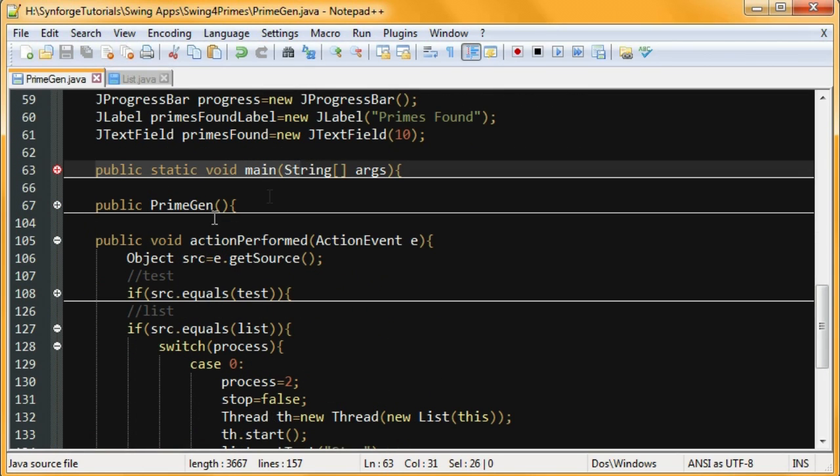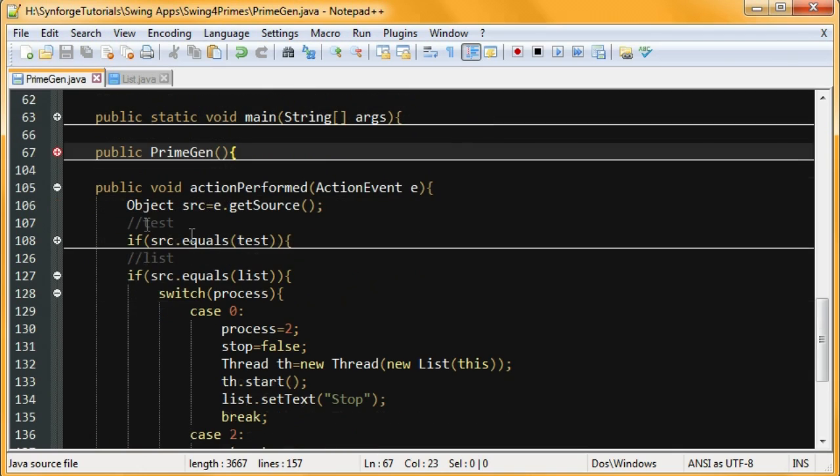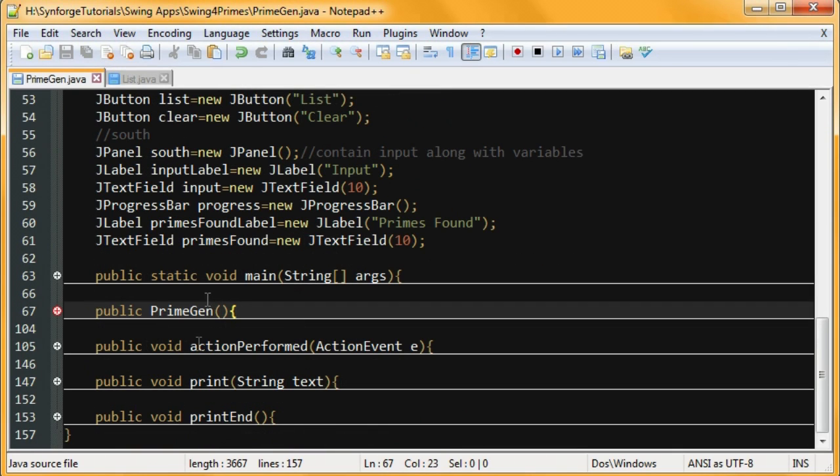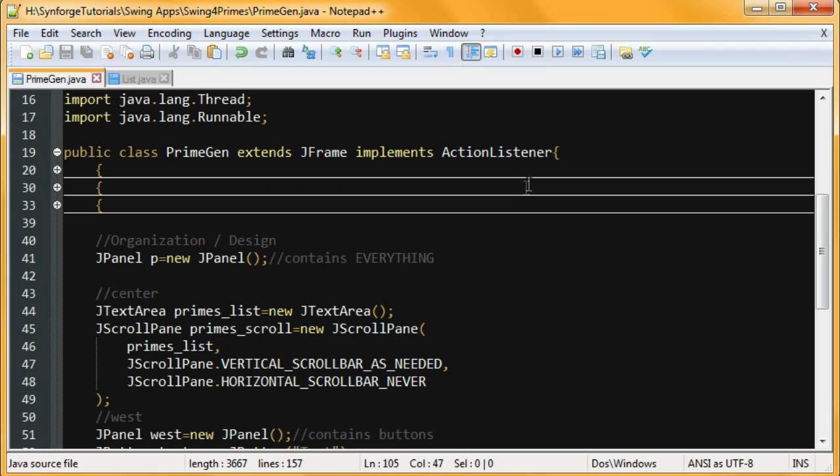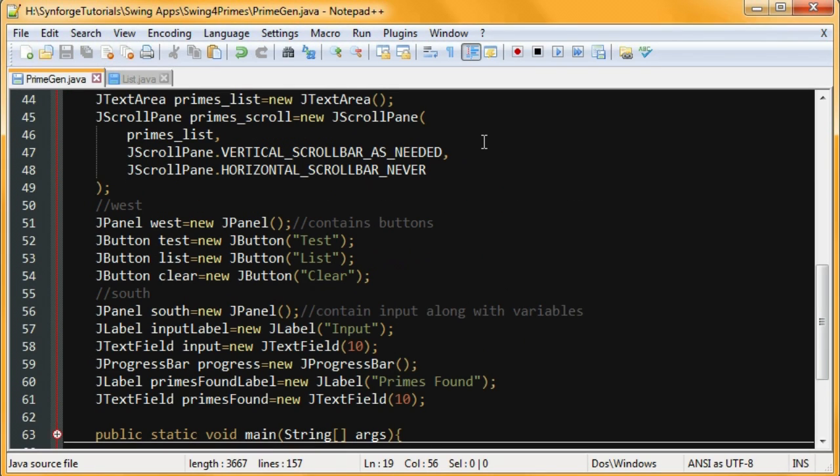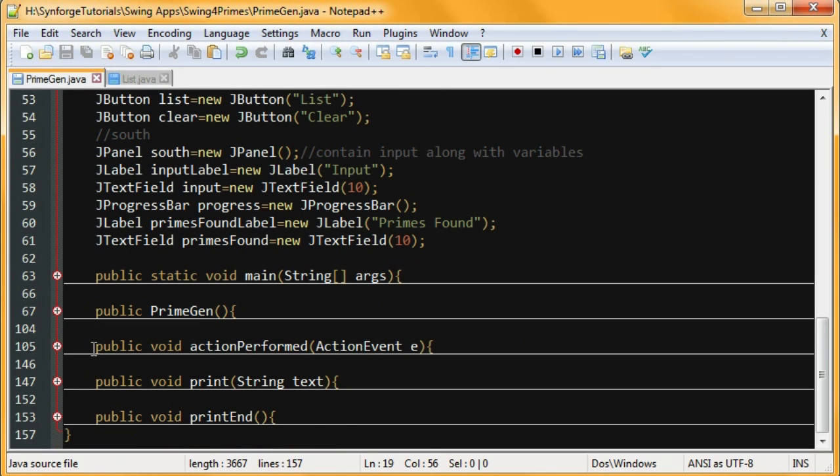We have our main method and this set up. Now we're going to move on to this action performed. So action performed will respond to events from the buttons, which are basically the only things we're going to be listening on. The way action performed works is, well, this class implements action listener, which means that the analogy I like to use is that we're a spy headquarters. We're like the CIA or something like that, and we gather intelligence. So whenever intelligence is reported to us, it is given to the action perform method in the form of an